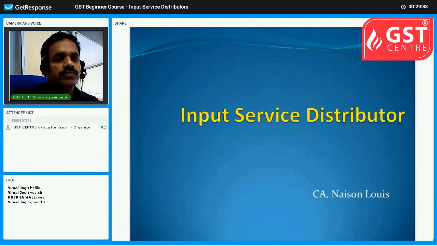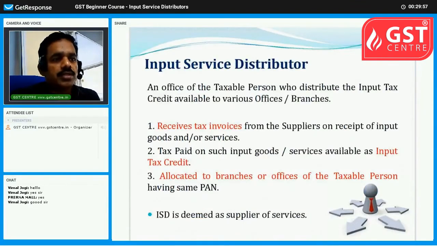In this chapter, we will look upon input service distributor. It will be a new term for some of you. It is a simple concept. Input service distributor means an office of the taxable person who distributes the input tax credit available to various offices